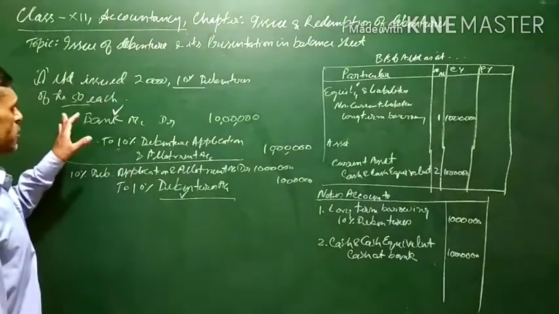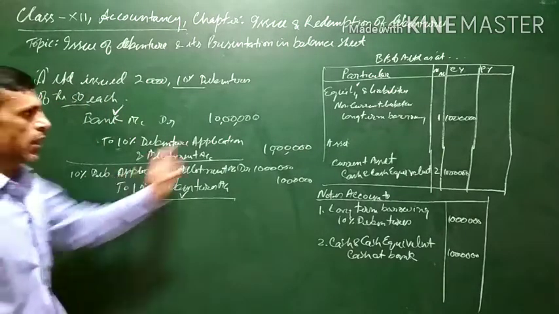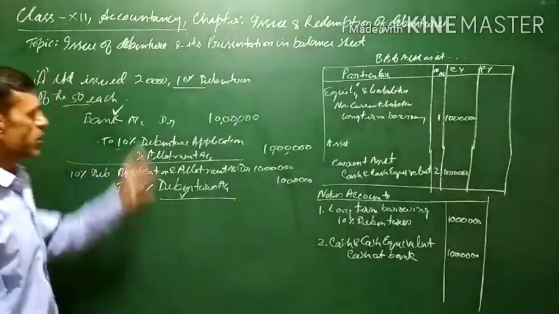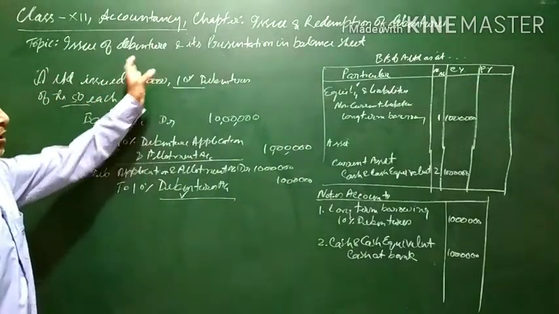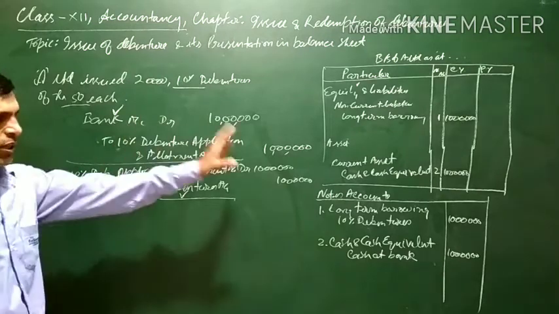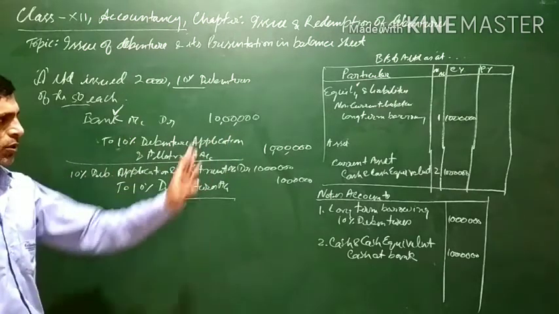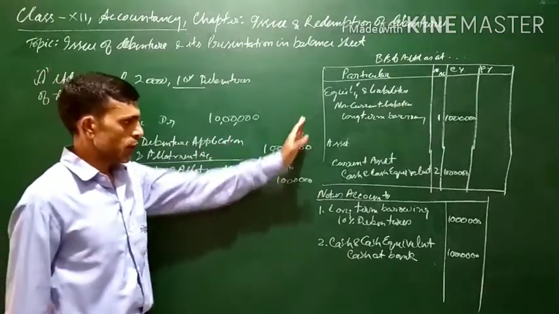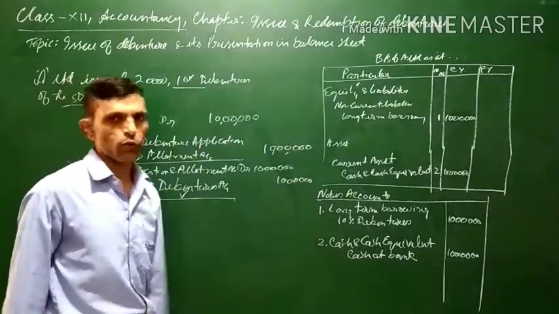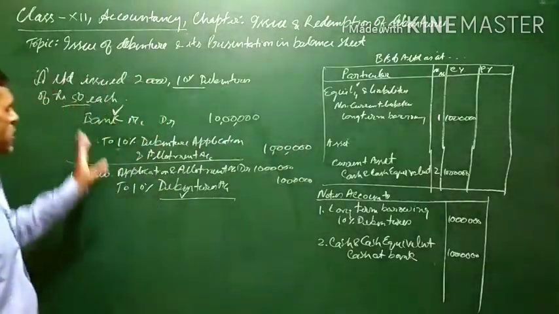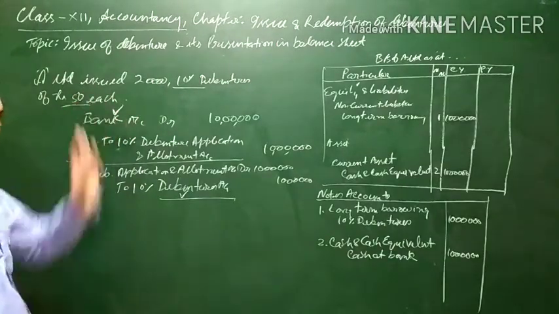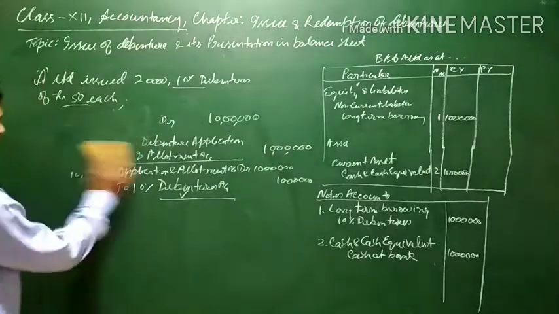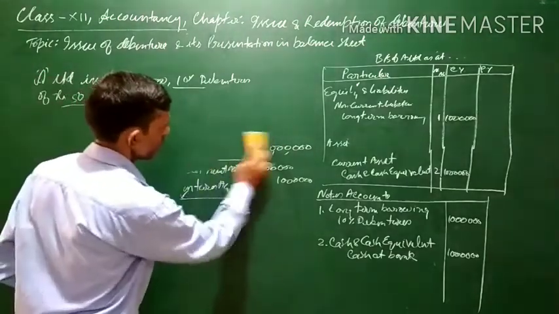So these will be the two general entries, and this will be the balance sheet which will be presented also. It means if it is asked in the examination, you have to pass the general entries as well as show the presentation in the balance sheet and notes to account also. Now assuming that the question remains the same, some modification we would like to do in the question. Let us see.